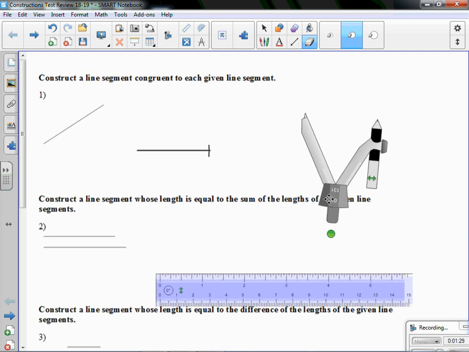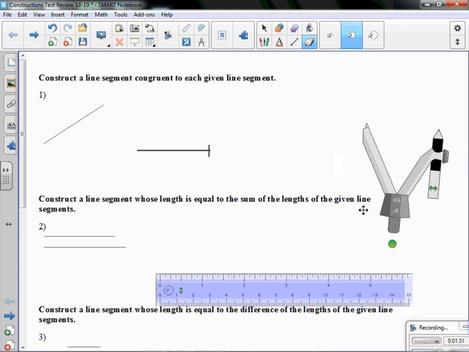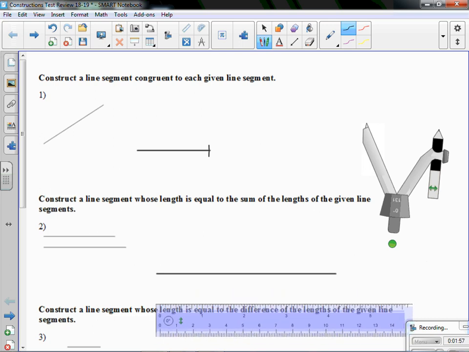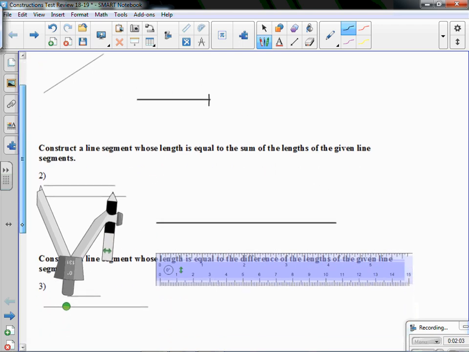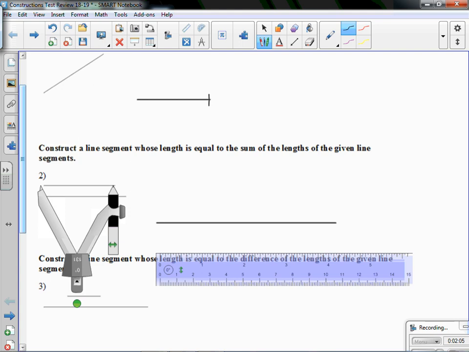So the next example, construct a line segment whose length is equal to the sum of the lengths of the given line segments. So what we want to do is make a line segment that's as long as these two put together. So we're going to follow the same steps we just followed, except we're going to make a really long line segment to begin with. We're going to put those two segments together. Alright, so the long segment, then we're going to use our compass again, measure the lengths of